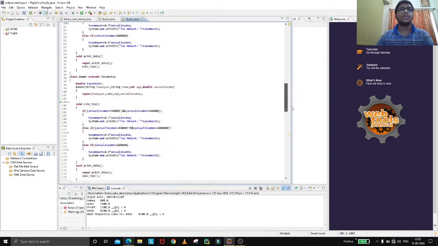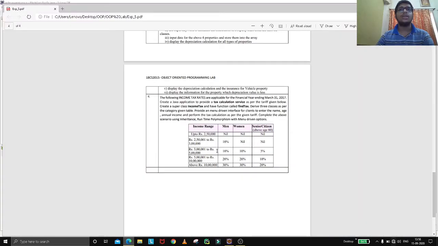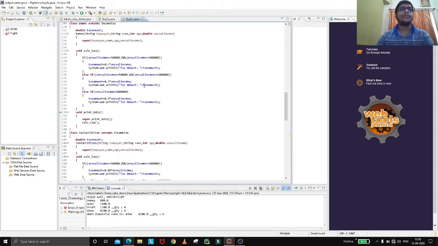Same for class Women, the same thing is there, but the values are different, because for women every range's values are different.